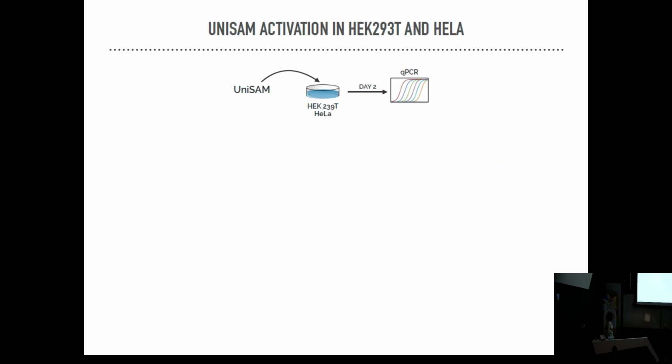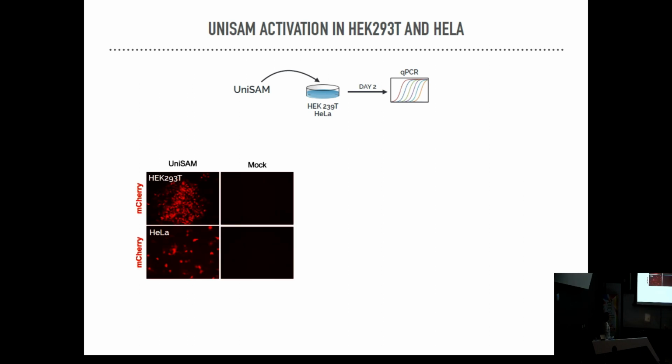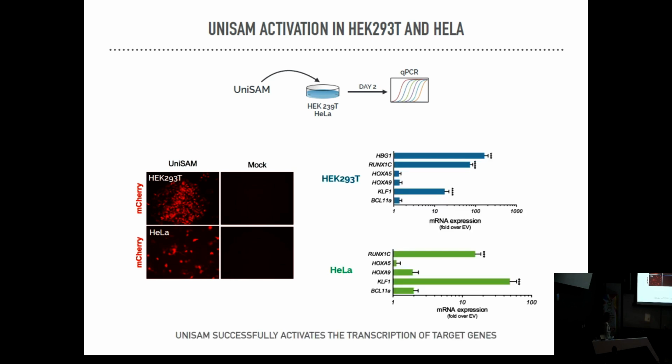So what we did first was to check if our system was really able to activate the endogenous gene expression at the locus. And to do this, we use cell lines that are easy to transfect. So these are not embryonic stem cell lines. These are other cell lines which are really easy to transfect. And as you can see here, by the expression of our tag, the cells were happily expressing the cassette. And that's the activation that we achieved.